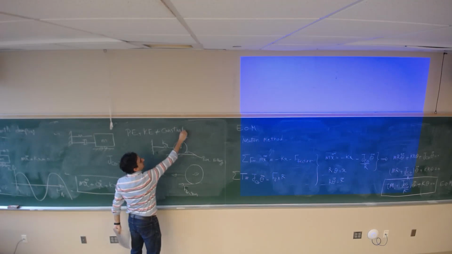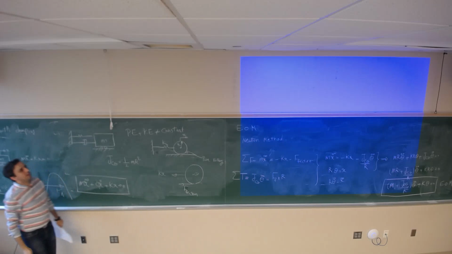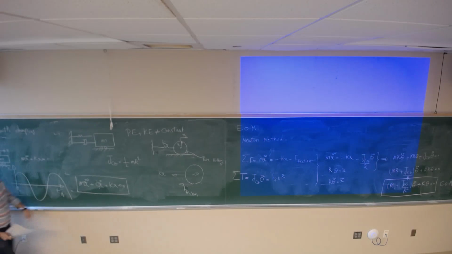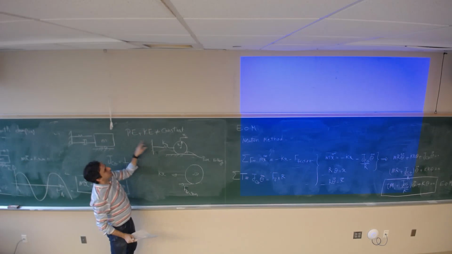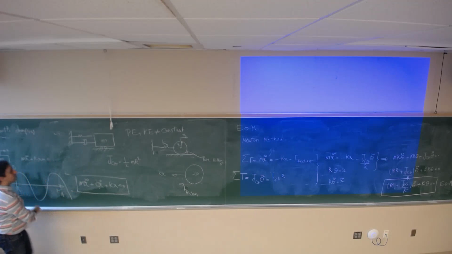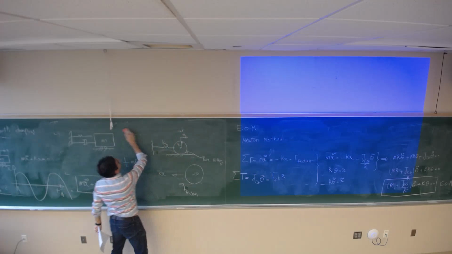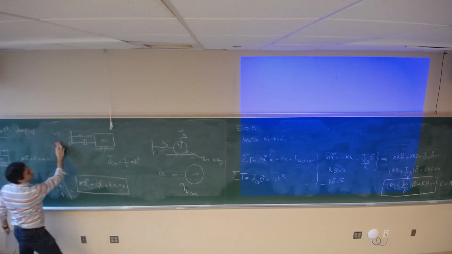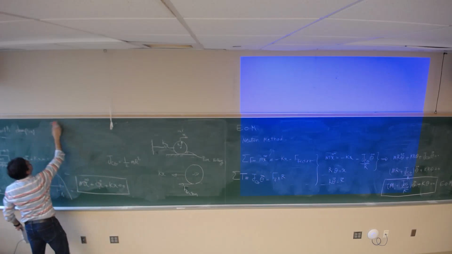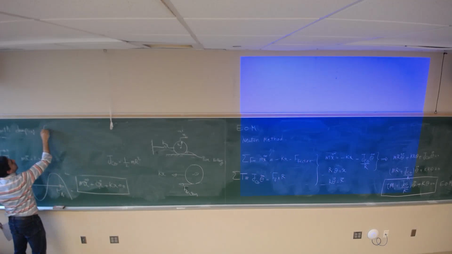Why? Because the damper is going to dissipate the energy over time. So this summation over time is not going to be constant. But for this system, you can use the energy method, which I can show you is shorter. So by using the energy method,